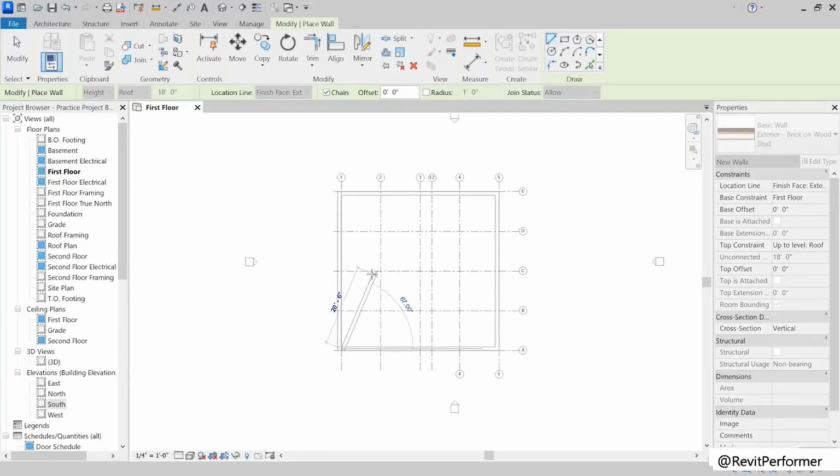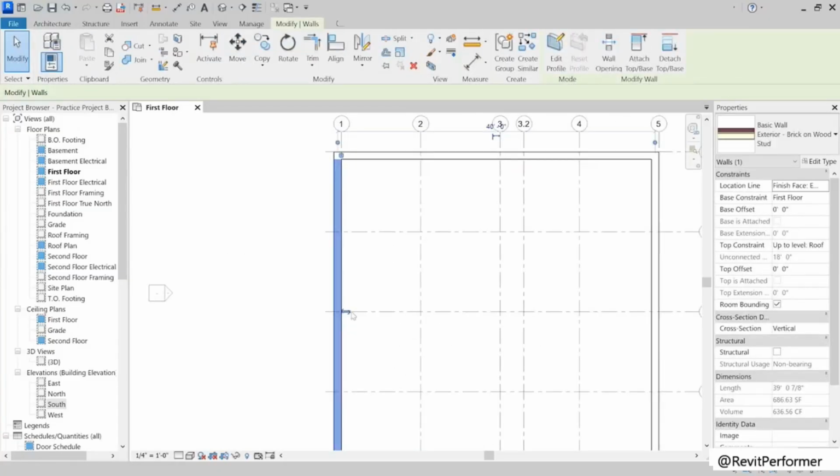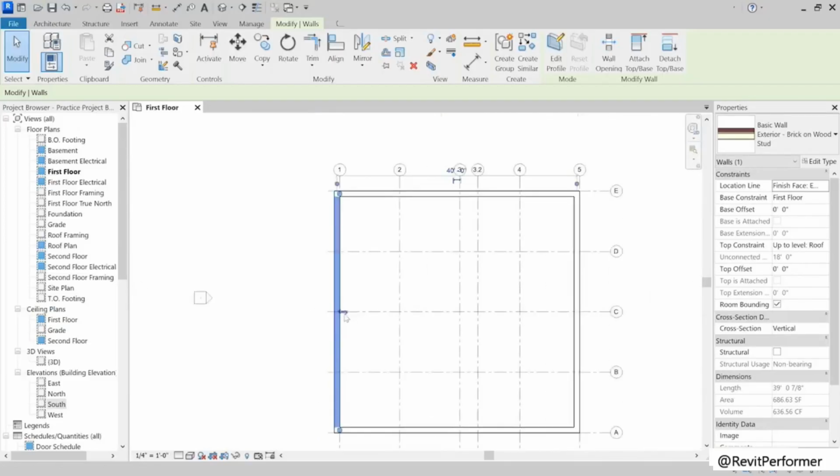And I know you're probably going, well, didn't you just say you didn't want to do that? This is true, but I'm going to show you something. I'm going to hit escape twice. I'm now going to click this one, and I want you to see that this has arrows on here right next to this wall that show up. One is going one way and one's going another way, and that is the wall orientation symbol. If I were to click that, that now takes that wall that we just put in and it flips it to go the other way. However, it keeps the exterior wall line as the set place because that is how I placed it. So that is my constant for this wall.